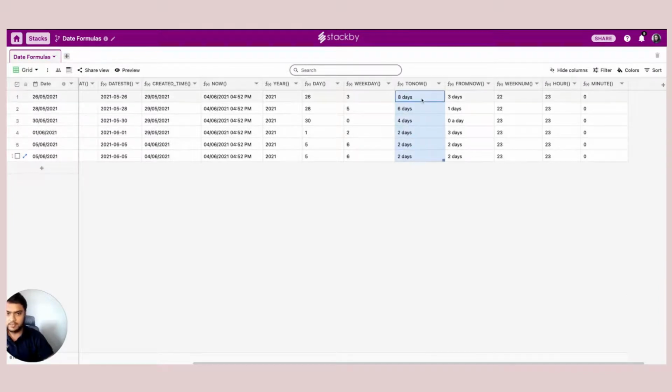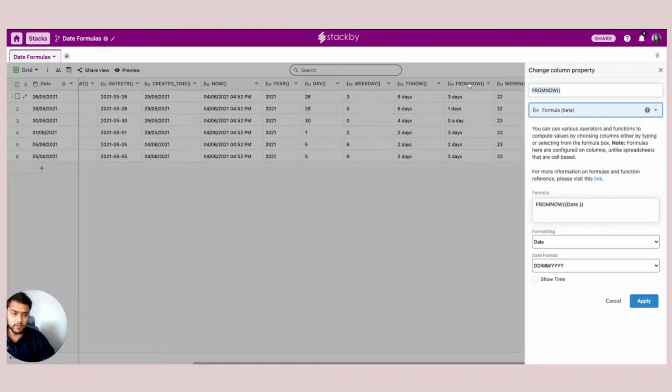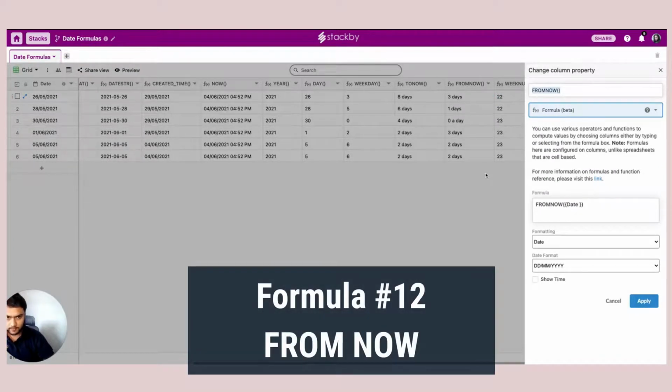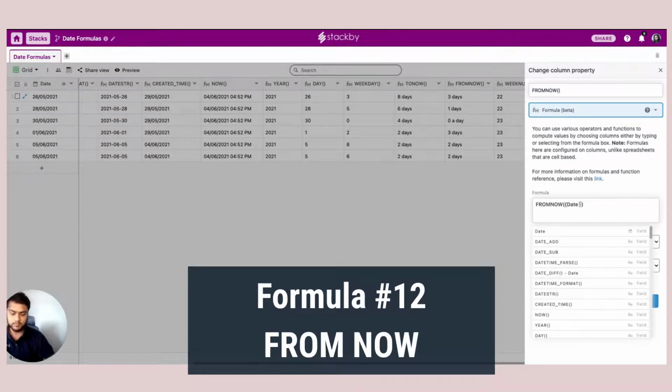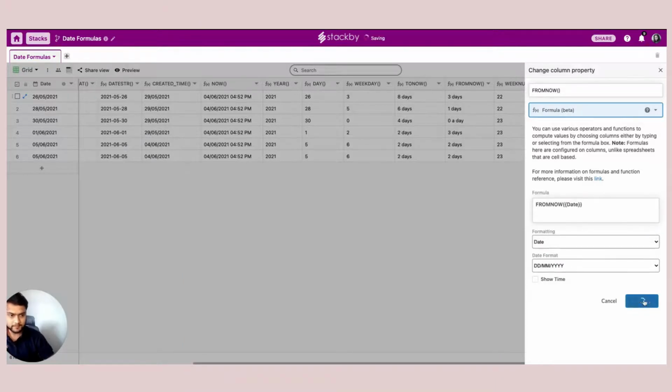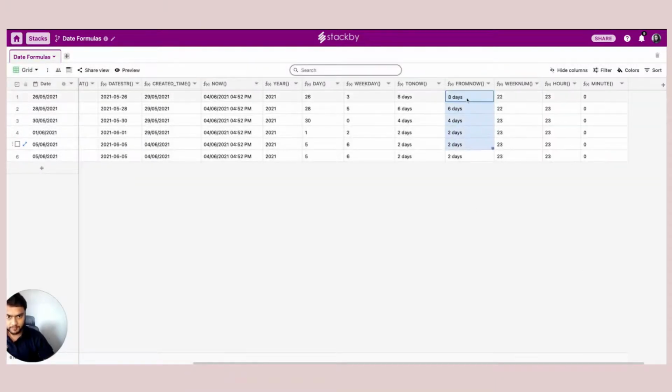It tells you that the date here was 26th March, and from today it is like 8 days. And also there is from now, so you can use it to see how many days remain from this particular date to now. It brings in that information. It's similar to the to now function.